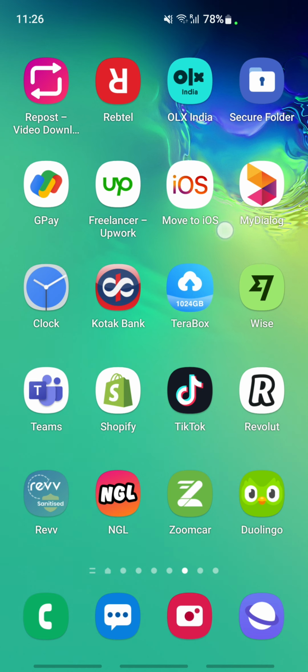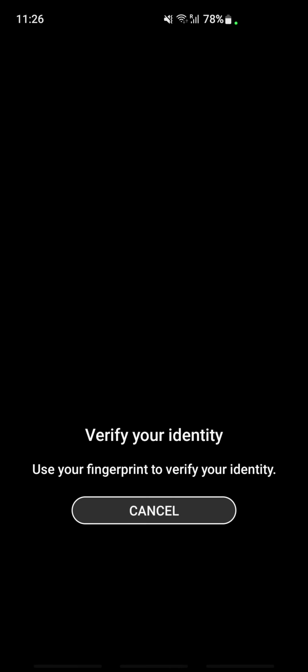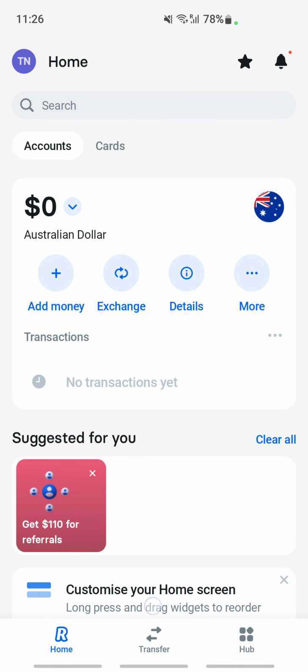So firstly, open up your Revolut application and make sure you are logged in. So I'm going to just log in using my identity. So let's log in. Once you've already logged in on your account here, what you're going to do now here,